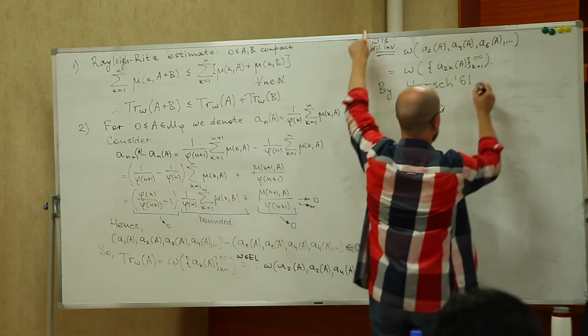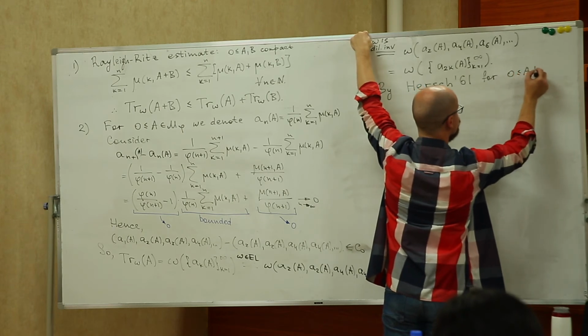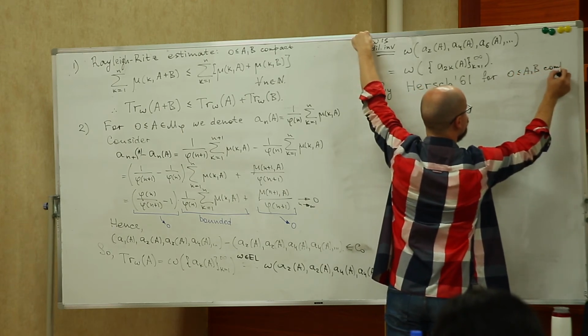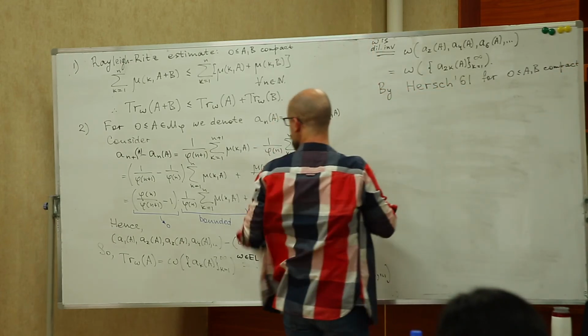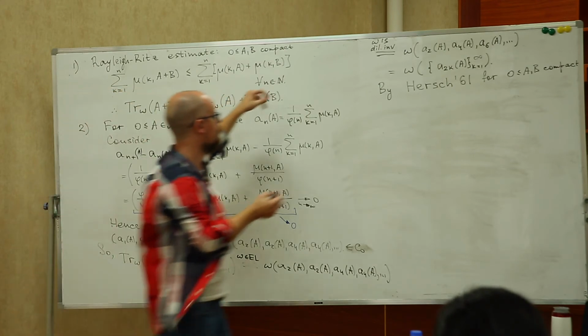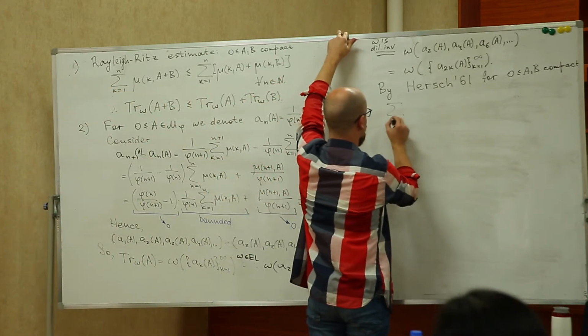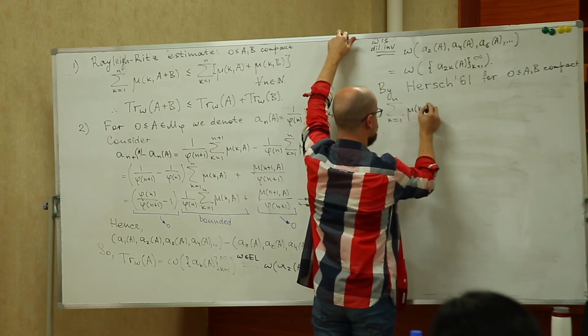So for, again, positive compact operators, we have the inequality the other way around. So sum over k from 1 to n, mu_k of A